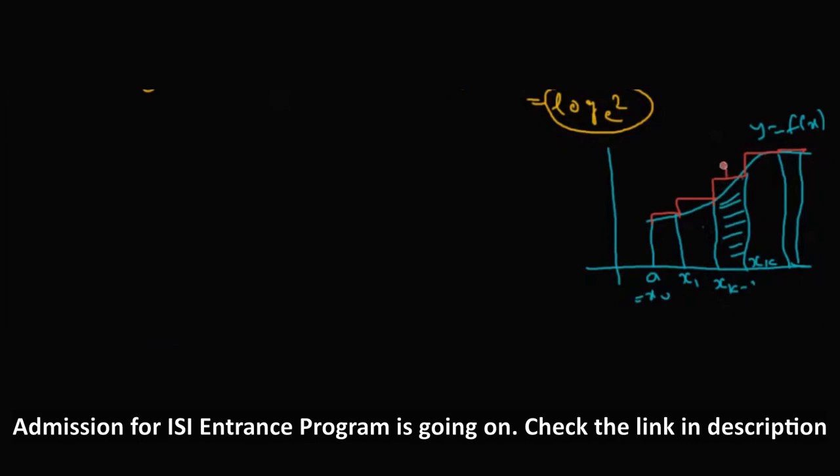Okay, because here, the length of each subinterval will be 1 by n. So as n goes to infinity, this length will go to 0. So in that case, just take for example the interval xk minus 1 to xk, the length will be so small that we can approximate it to be linear. So whatever the function fx is, if it is continuous within the interval, we can take it as linear, right? So the concept is same. This will be approximated by the function f of x. Okay, and